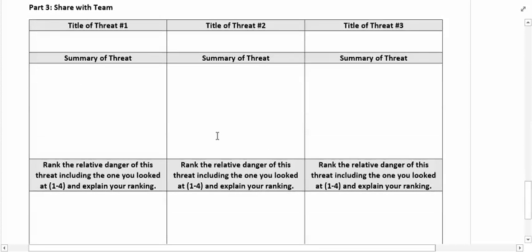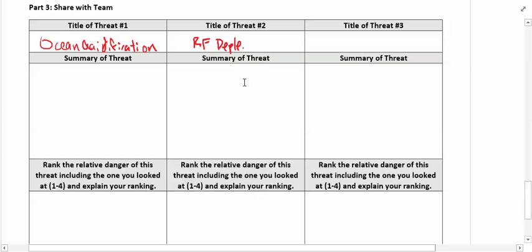Part 3 is the culminating part where you get back together with your dangly number teams and everybody's going to take a turn. So since I did black carbon, I am not going to write my own information in these boxes. I've already taken notes on that. So for these 3 boxes, I'm going to be taking some notes on what the rest of my team found out. For example, whoever did the ocean acidification, maybe they'll go first. It doesn't really matter. And the one on rainforest depletion might go next, and you get the idea.